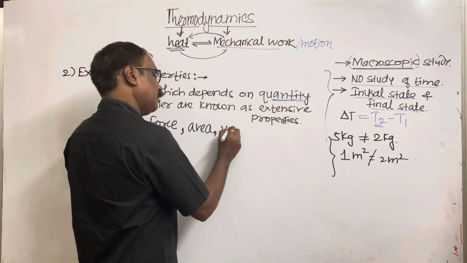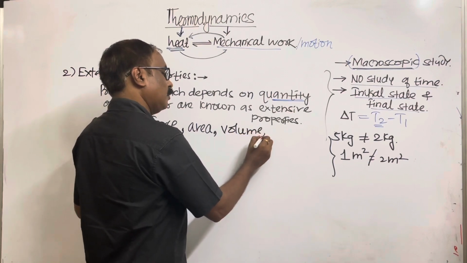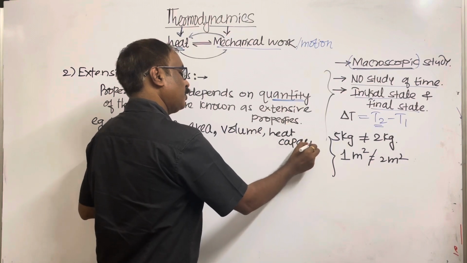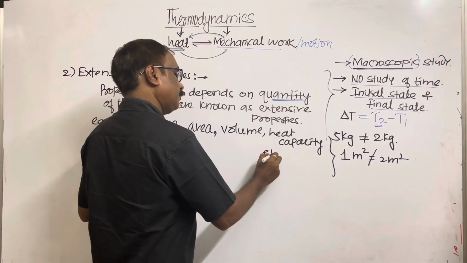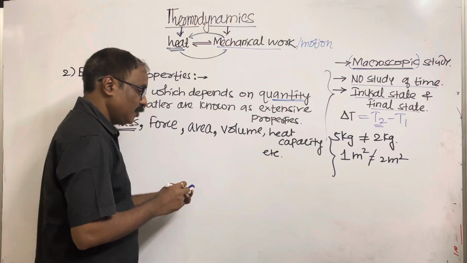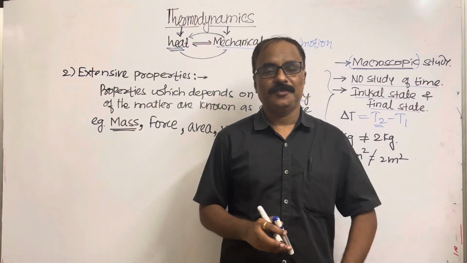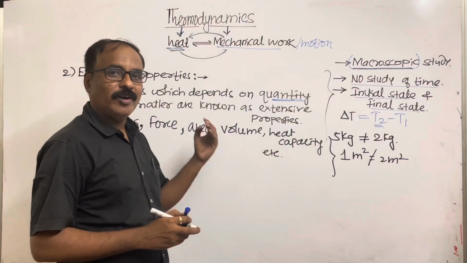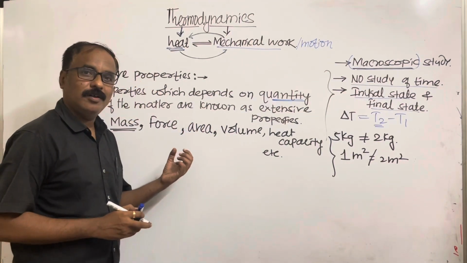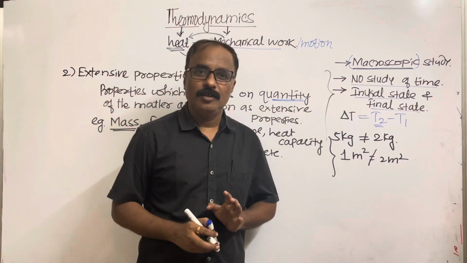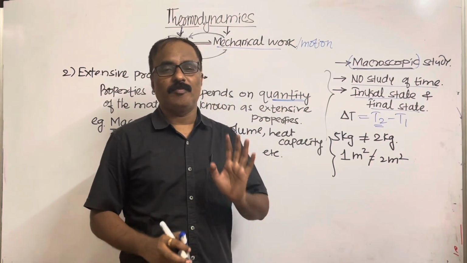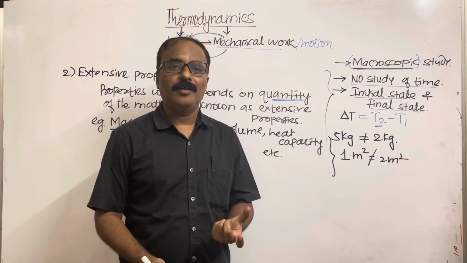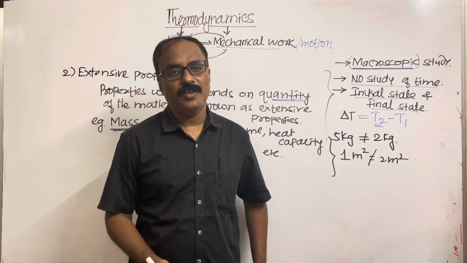Volume, heat capacity, etc. All these are extensive properties. And parameters of these thermodynamical properties depend on what? Quantity of the matter. Because these are extensive properties. And we know that definition of extensive property: property whose parameter depends on what? Quantity of the matter